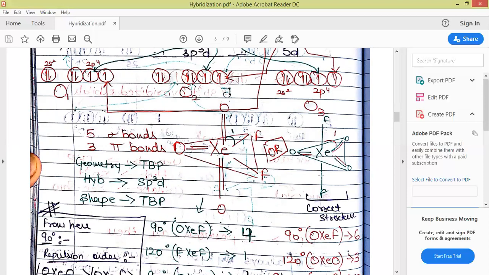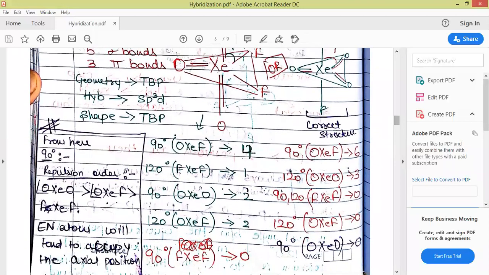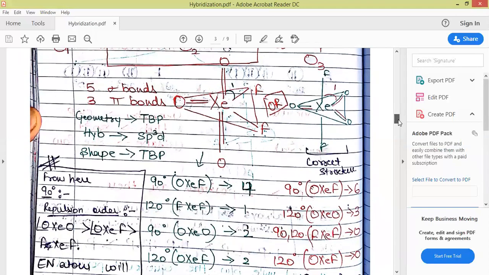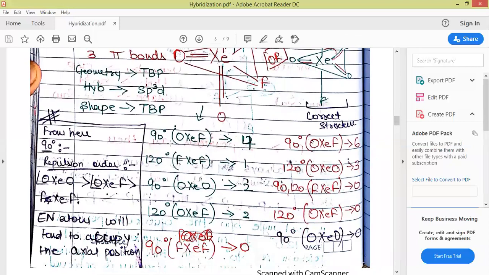So based upon this, the structure on the right side is the correct one and this is the incorrect structure. This can be explained on the basis that, as we know, fluorine is more electronegative, so it will attract the bonded pair of electrons towards itself, so that it can present itself at the smaller angle, as two types of angles are there.